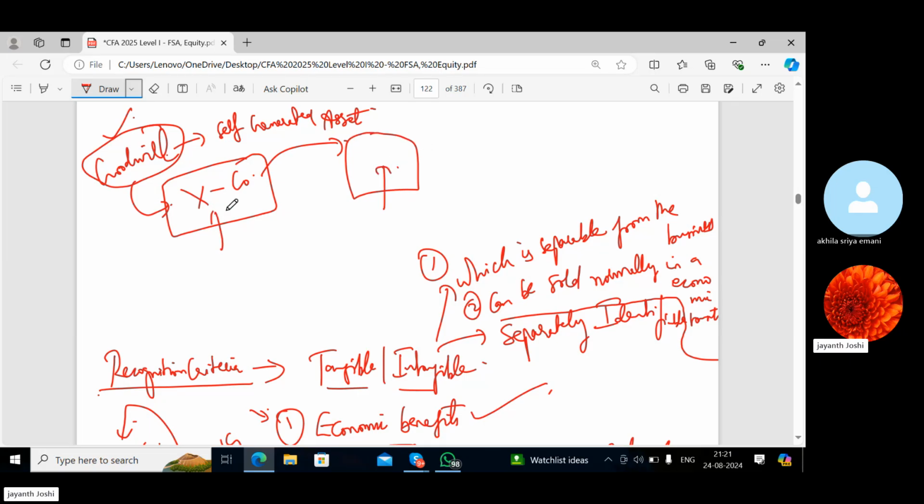But in the next company's balance sheet, this goodwill cannot be shown as an intangible asset because it is not separately identifiable and it cannot be sold by separating it from the business. Okay. All the rest of the assets like patents, trademarks, copyrights definitely can be separated from X company and can be sold